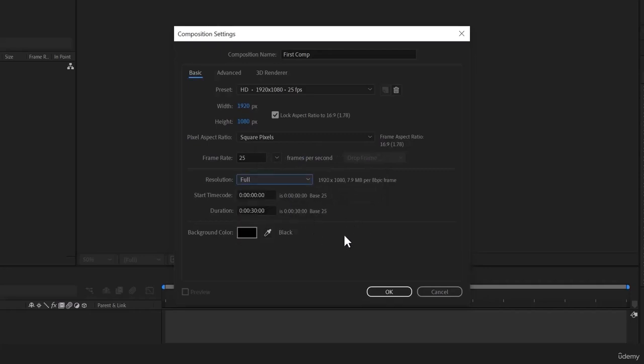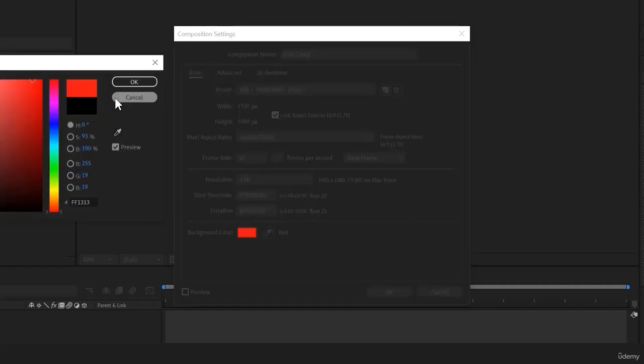Let me render it at full, as I have good hardware. This generally depends also on the hardware you are using. If you have a good configuration on your system, it would render fast and give you the preview fast. And let me make the composition duration 10 seconds. I'll just go here, as minutes, seconds. This is the hours, this is the minutes, this is the seconds, and the background color is black. This is the composition background.